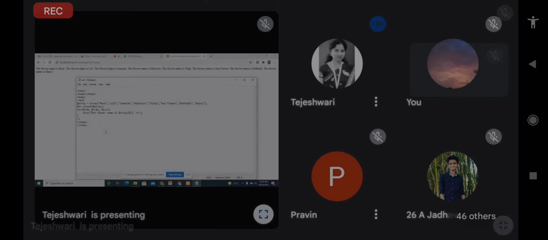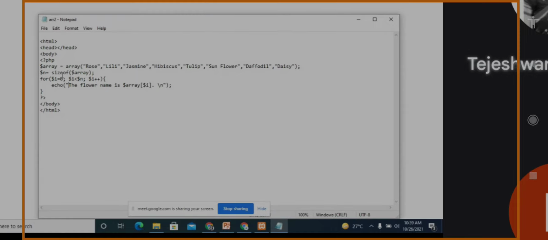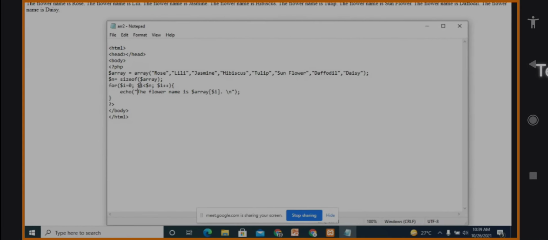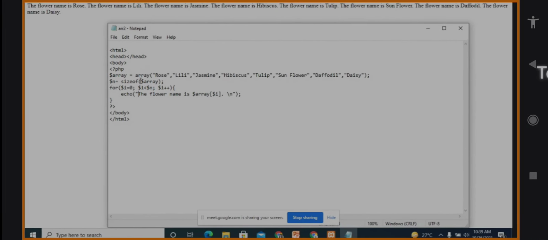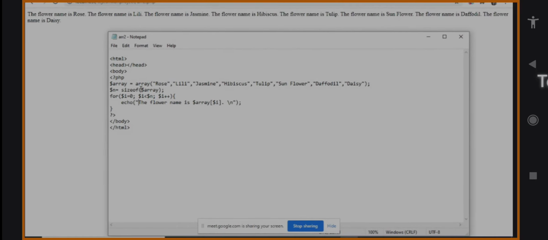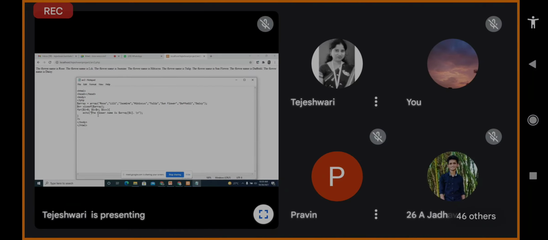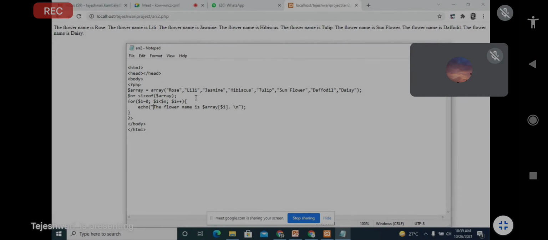It depends on you. You can directly declare the array and directly declare the for loop, or you can find out the size also. It depends on you. I have taken the size.